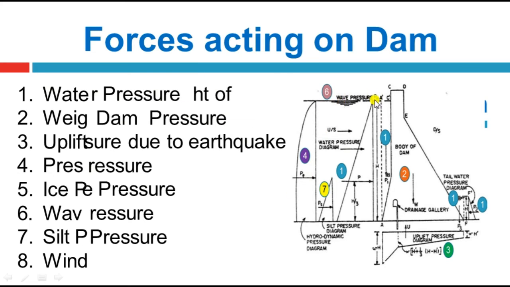That is the wave pressure. When the water flows up to the total height, the water flows with a waving action caused by the wind. When the wind impacts the water, it generates waves that impact the wall of this dam. That is the wave pressure. Totally, water is filled on the upstream side and that generates the pressure that tends to move the dam.